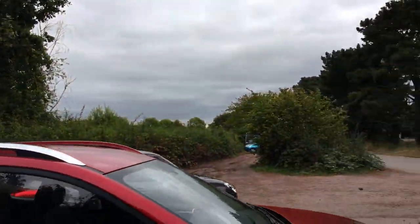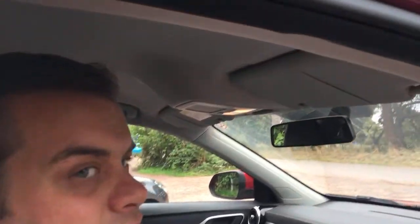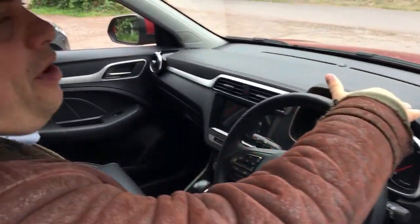So yeah, if Joseph just climbs in, you will see the room. Incredibly easy to get in and out, no problem whatsoever, so easy. As you can see, decent headroom. Very good headroom, yeah. Even when I'm in there at 6'3", very good headroom. Soft touch materials throughout. Soft on the dash, you don't get them on the doors, but then this car starts at £12,500 for the base model. But you still have a padded area for your arm next to the...